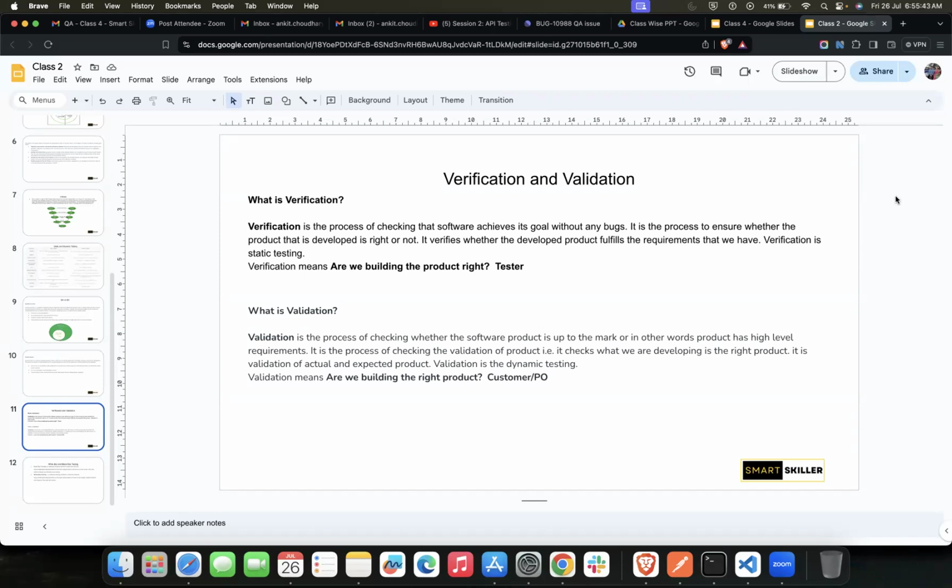But what I perceived from the definitions and explanations that you were giving is that you were just reading out the text. Now, you need to understand everything. Keep in mind that it is very important. You don't have to just mug up the definition of verification and validation and learn it word by word.